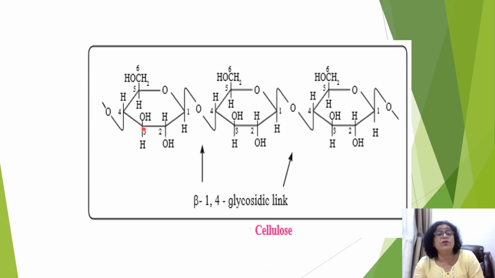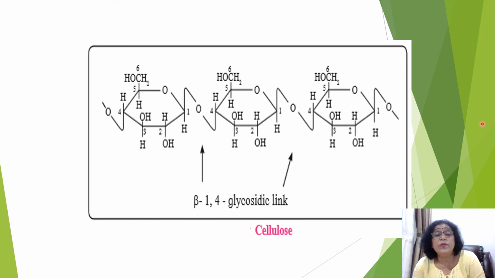So let's see the cellulose formation. Cellulose is made up of beta D glucose. Beta D glucose is the monomer for cellulose. Here you see this is beta D glucose, where OH is on the top and H is below on the first carbon atom. The C1 of the first unit of beta D glucose links with the C4 of another beta D glucose unit, and together they form the glycosidic linkage. Likewise, beta D glucose units add up and form beta-1,4 glycosidic links, and thus cellulose is formed.